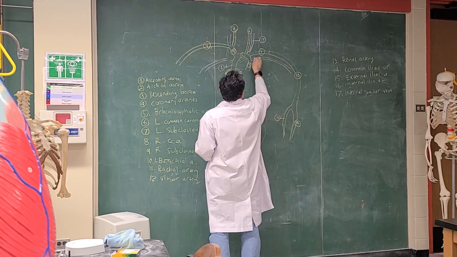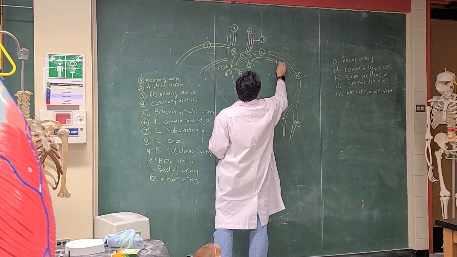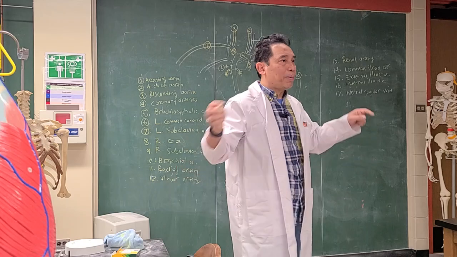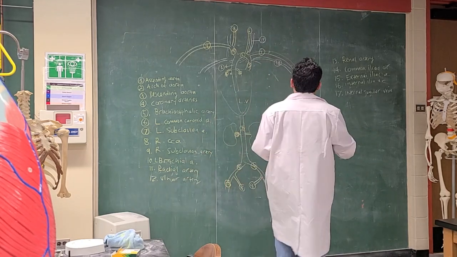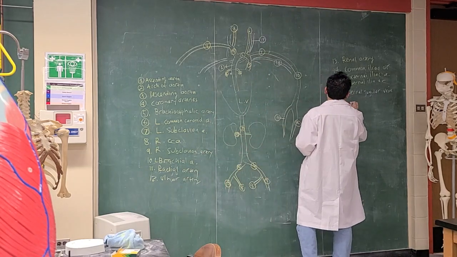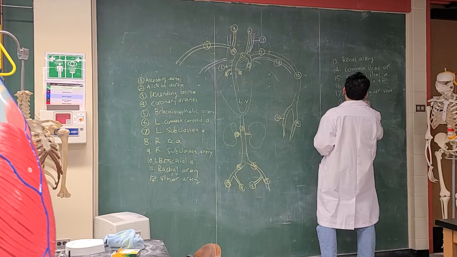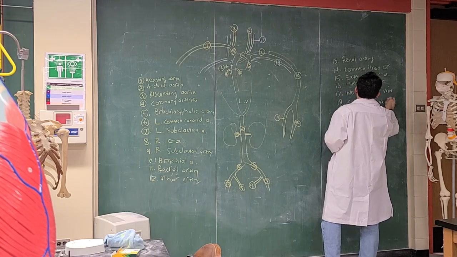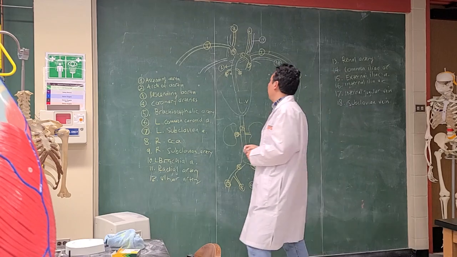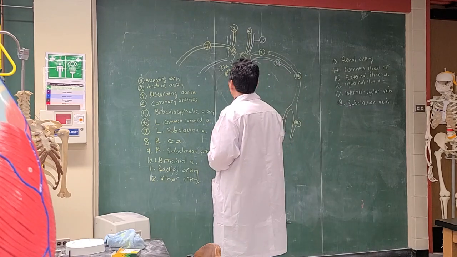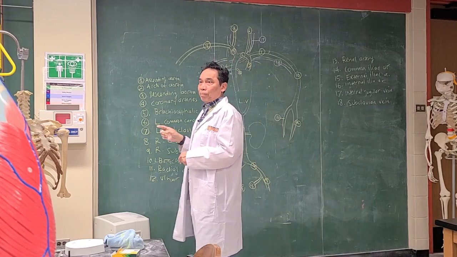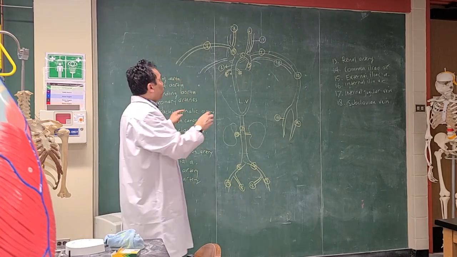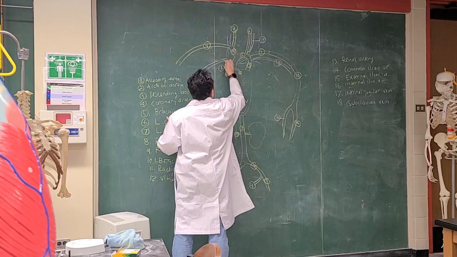Okay, it's going to be combined with this number 18 over here, which is coming from our subclavian, our wings. The 18 is going to be subclavian vein, left and right. Internal also left and right. All of them will drain into the big